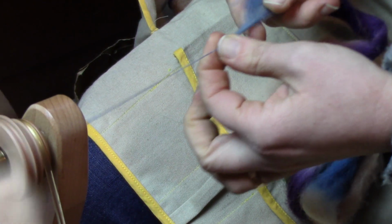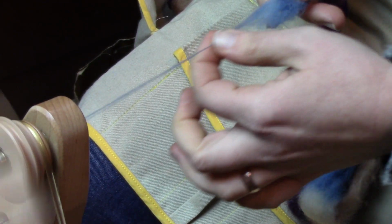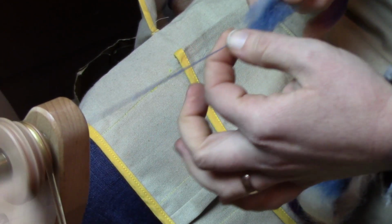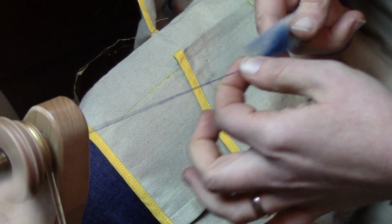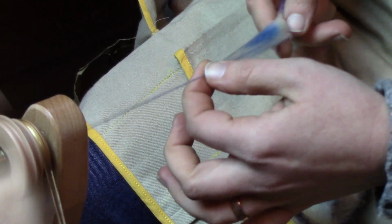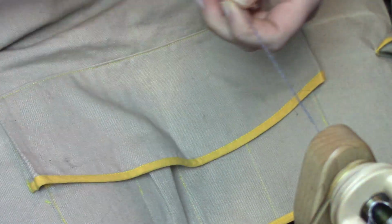We started off this video looking at my hands quite closely from one angle, and now we're going to look at my hands from a slightly different angle. I want you to notice that as my front hand drafts forward and pulls that fiber forward, every single time I go back into my fiber supply, I'm drawing the same distance. And that drafting triangle from my drafting hand back to where my fiber supply hand is holding, and that twist, that access point where my fiber is becoming yarn,